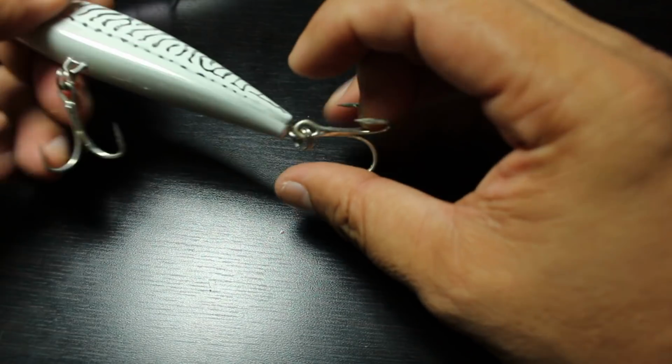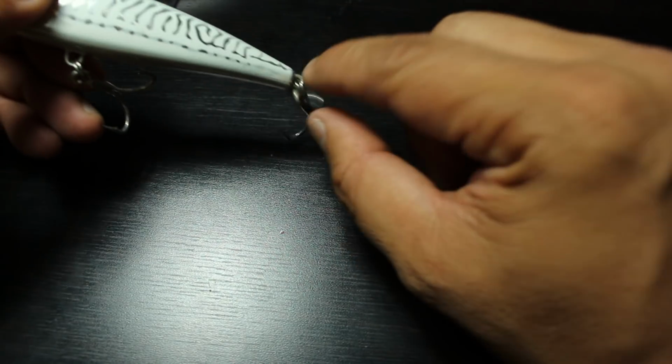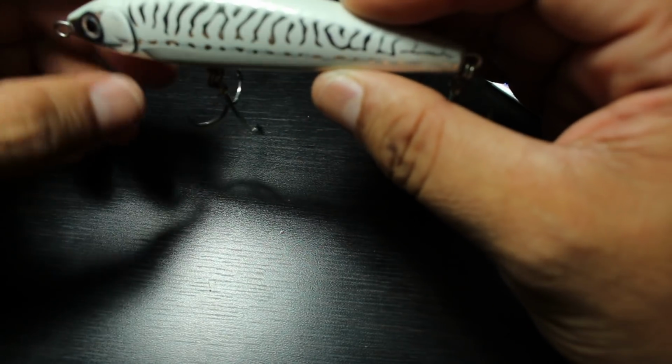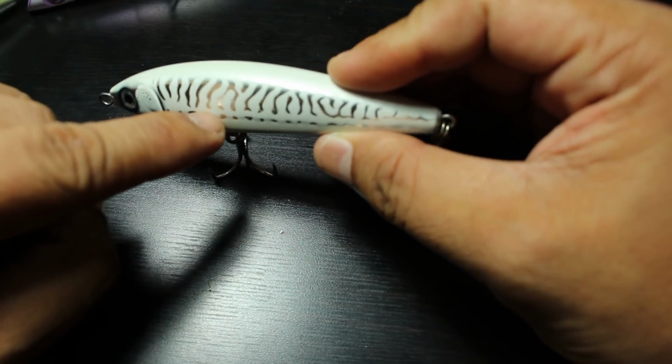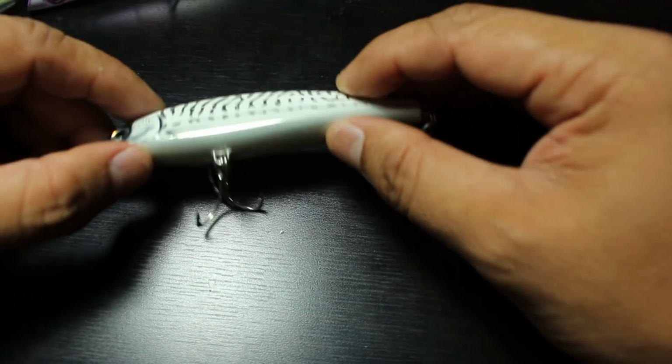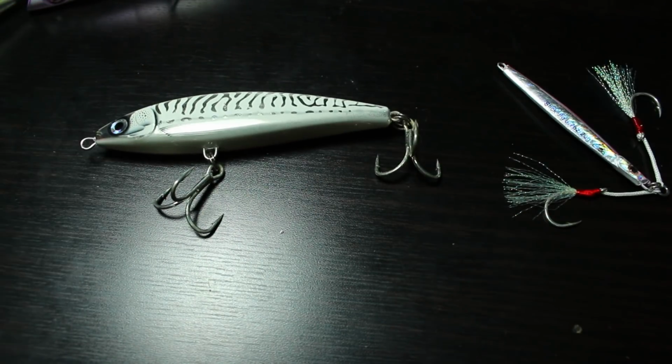So in some lures you can actually play around with it. You could put a smaller one here, a heavier one here, and what it does is keep the lure a bit more balanced. And there are some lures that work better that way. Okay, so